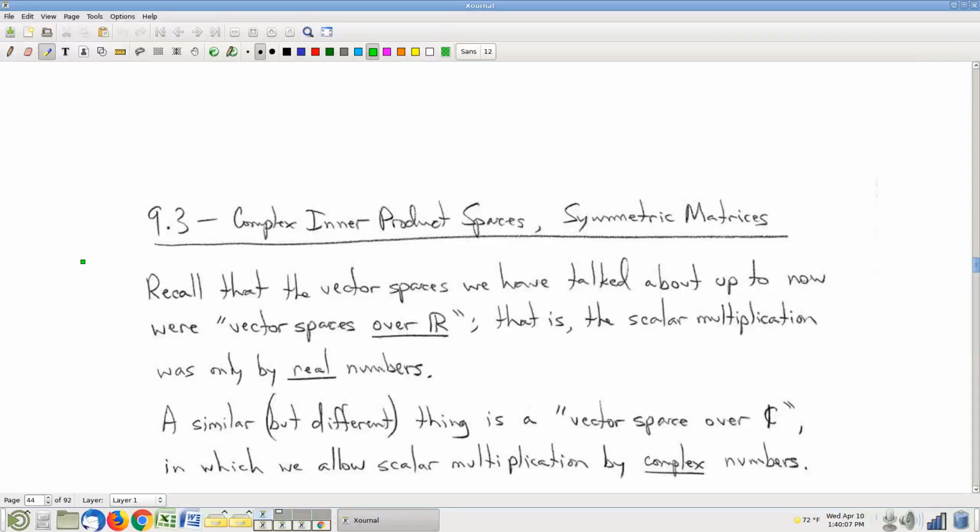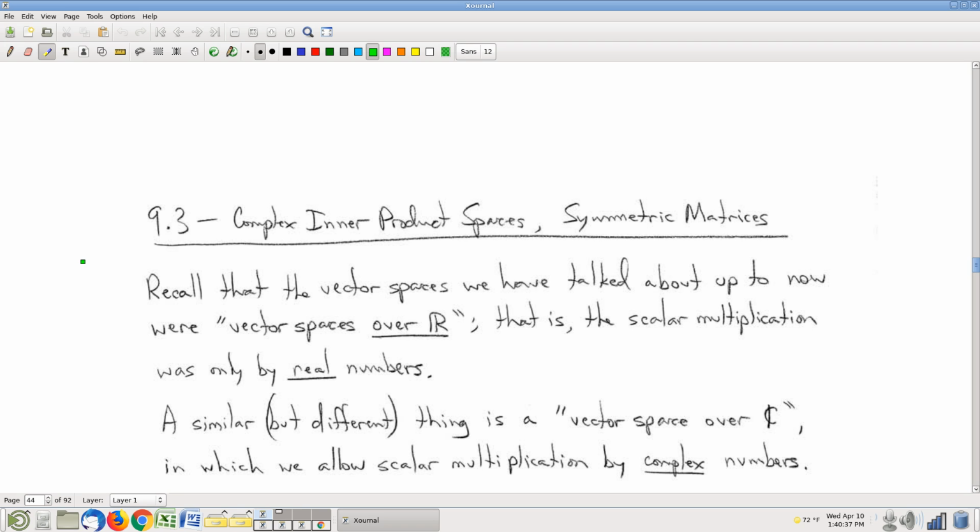Okay, so we've got a new topic for today. We're going to talk about complex inner product spaces. It's highly analogous to things that we've been doing already, but importantly different. So the first thing I want to do is start with a confession, a mea culpa. And the point of that mea culpa is going to lead us into the new idea for